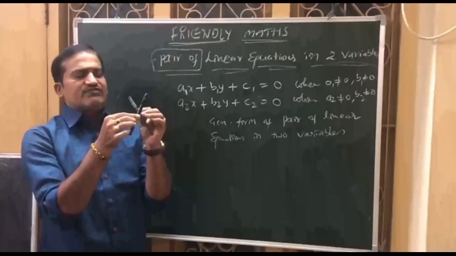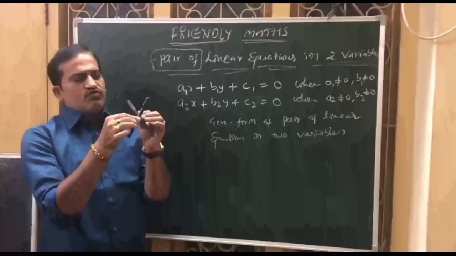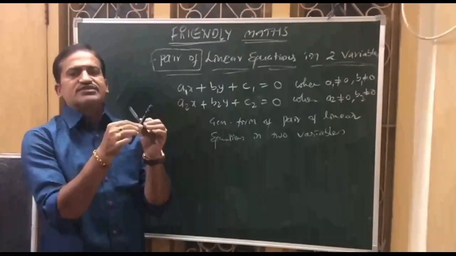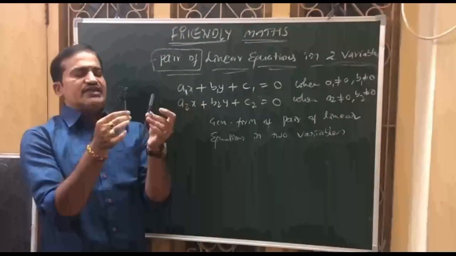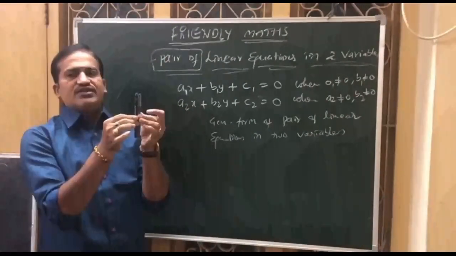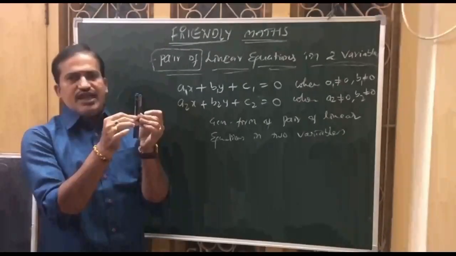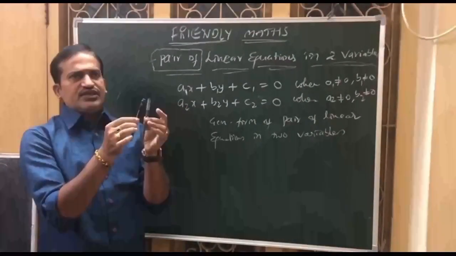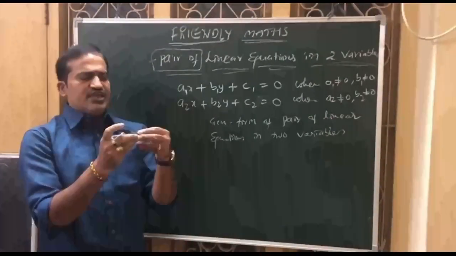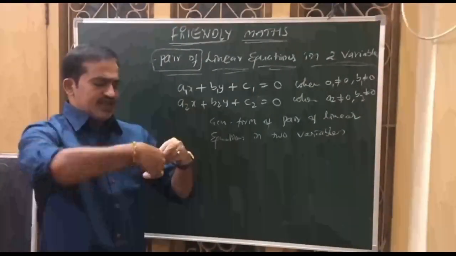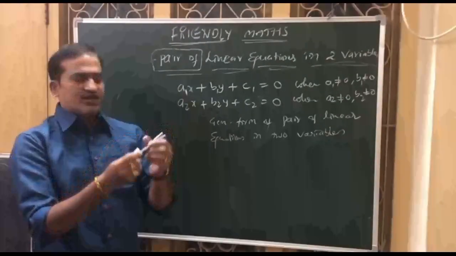Suppose they are intersecting at one point, then we have one common point, meaning a unique solution, a single solution. If they are intersecting at infinite points, then there are infinitely many solutions. But a pair of lines does not have two solutions or three solutions. Why? If two solutions are required, then the line would have to bend like this. But a straight line will not bend.